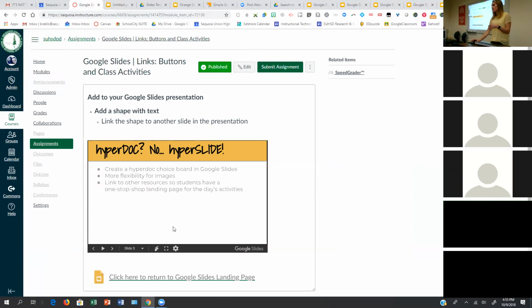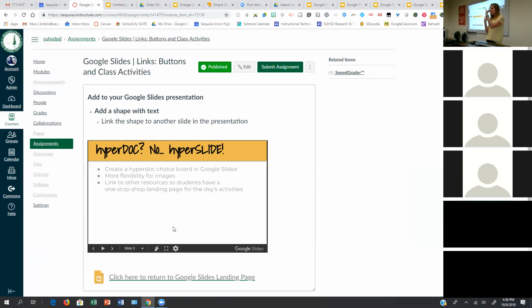And what a hyperdoc does is it gives students a landing page where they can then choose what they're going to do. And so there are a bunch of links that take them to another activity. Or, for me, I would always have one that linked to the answers from the last night's homework, and one that linked to an assignment that they had to do that day, the must do. And then I would always have some extra assignments for a student that was really quick. They could then, if they did all of their requirements, do the extra activities. And I would make sure to have enough in there that they could really play around, and they didn't have to go in the same order as everything else.